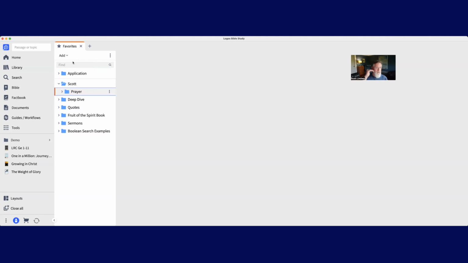So again, folders, subfolders, you can drag and drop and restructure. Your folders can have subfolders, and those folders can have more subfolders. So you can be very structured in how you create your favorites. But I created a folder called Deep Dive